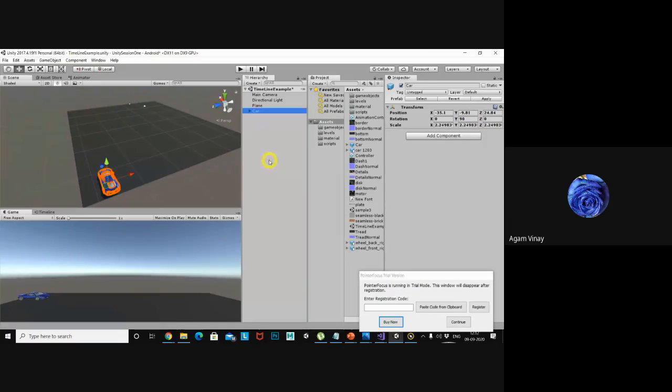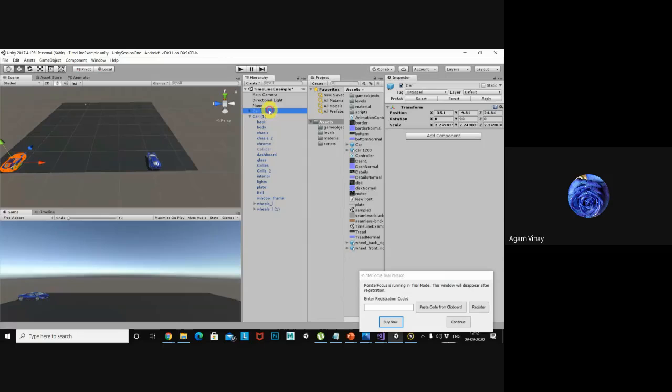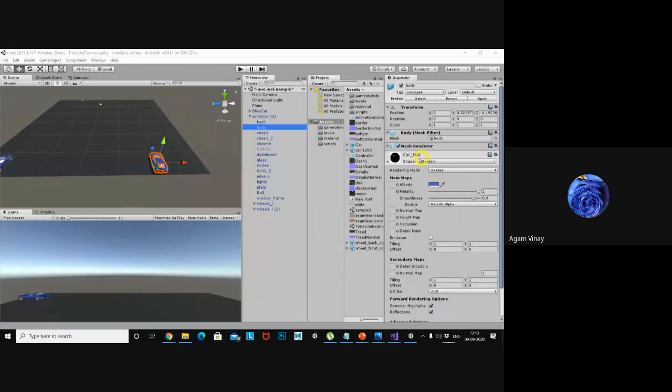Take the same car again with a different color. This car is, let's say, blue, and this is the red one, black, white, whatever. So if I change the material of this car, the same material is used for the other car also, so the material won't be applied separately to each car. What I have to do is create some other material. So the car material, I need to